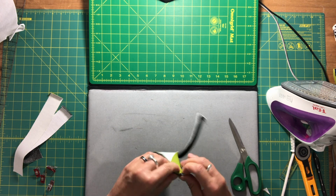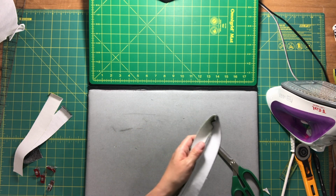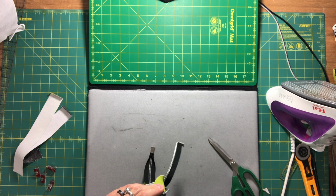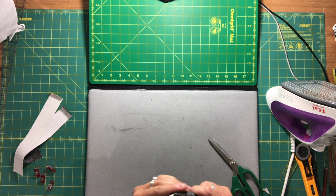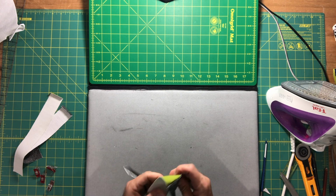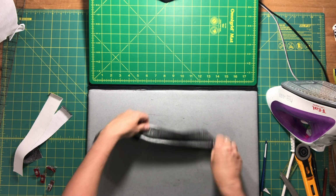This out. I have a little metallic thread sticking out from my linen. And then you can use something to poke out the corner. There we go. Okay, so we're flipping this, and then